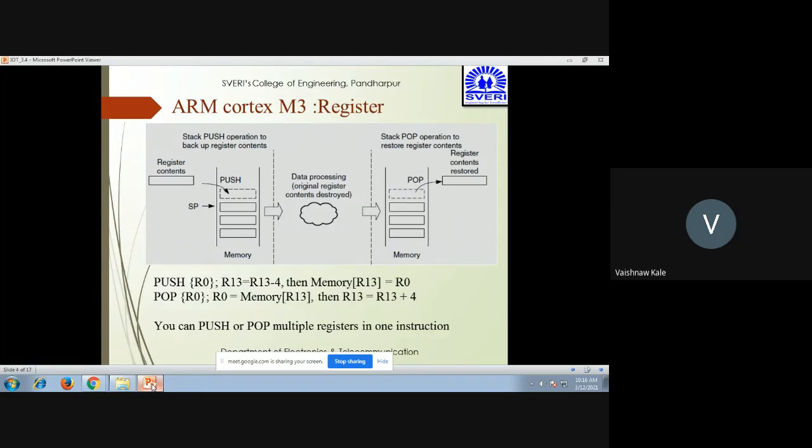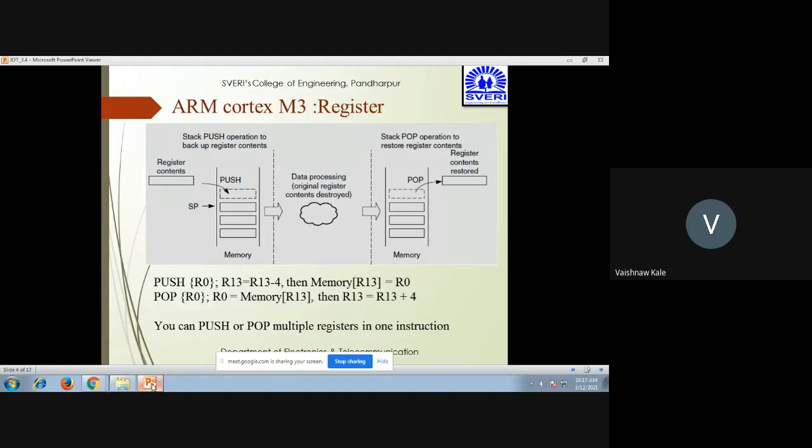As far as the pop operation is concerned, it is used to restore the register contents. In between, there is data processing, and the original register contents are destroyed. If they are destroyed, how are you going to restore them? With the help of pop, you are going to restore it. Push gives a backup for the register contents, but pop is used to restore.